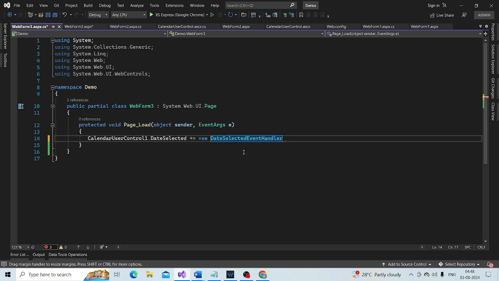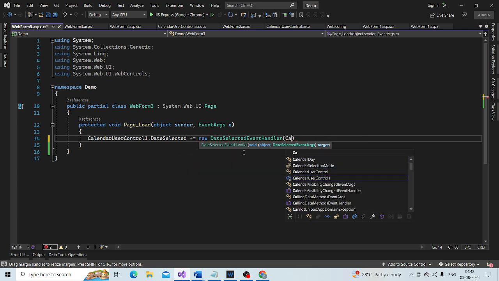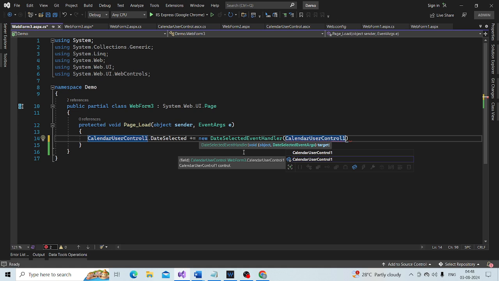This is the delegate, and then calendar user control 1 underscore date selected.